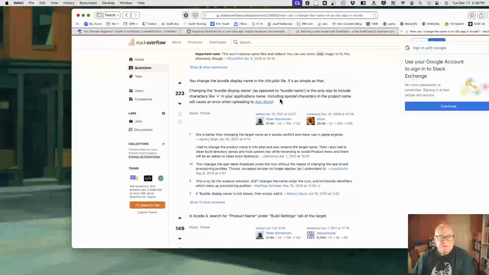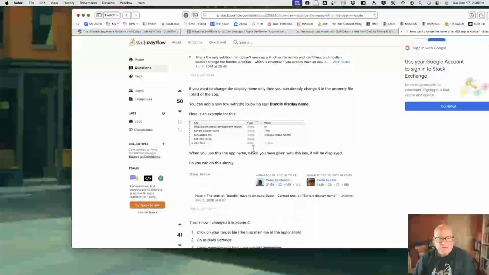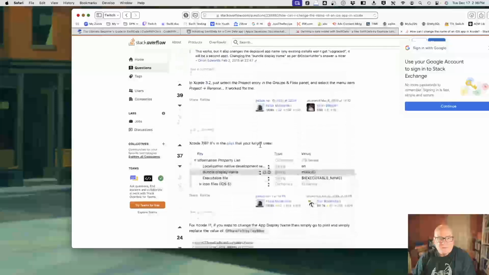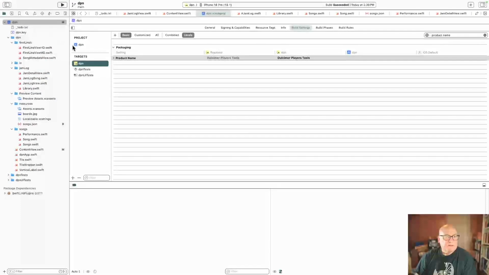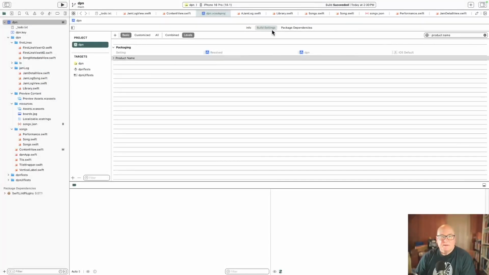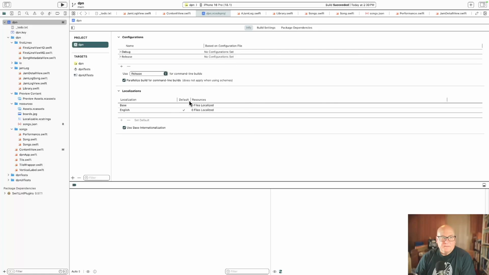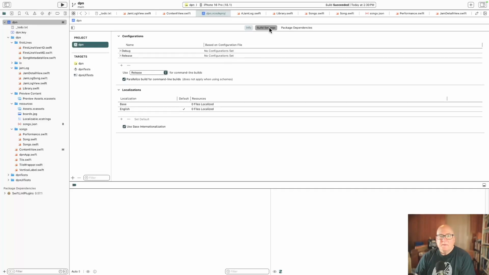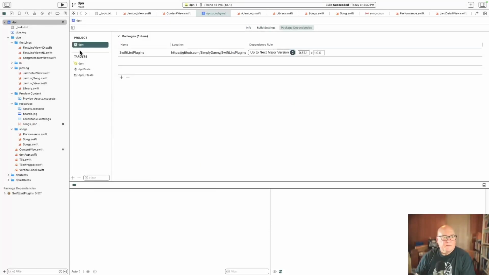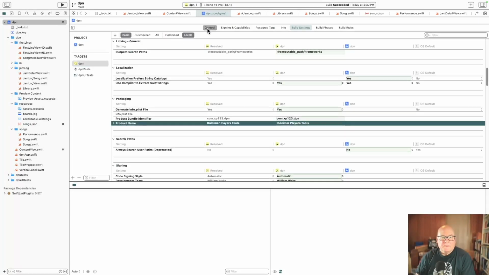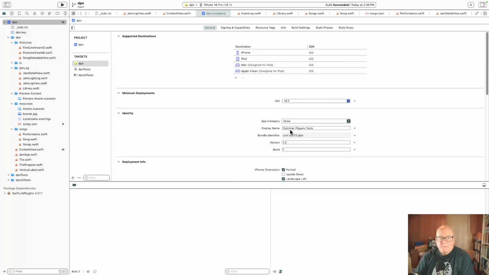Change the bundle display name in the Info plist. Well, that's old. Okay, because I think they moved that to the top level project, right? No. But display name, and display name comes from the CFBundleDisplayName.